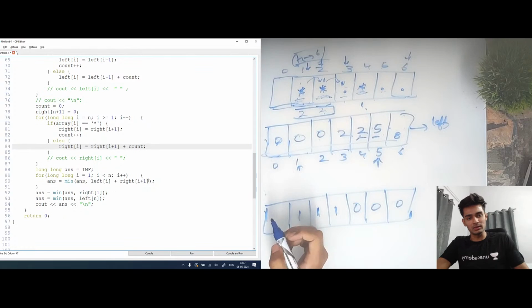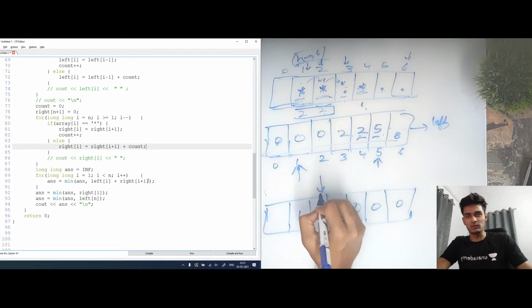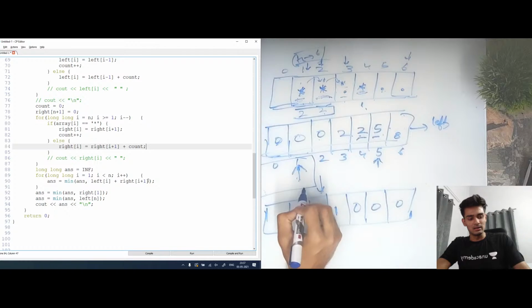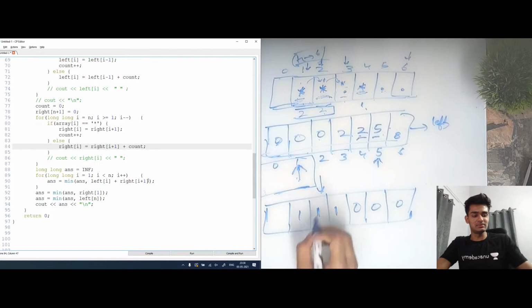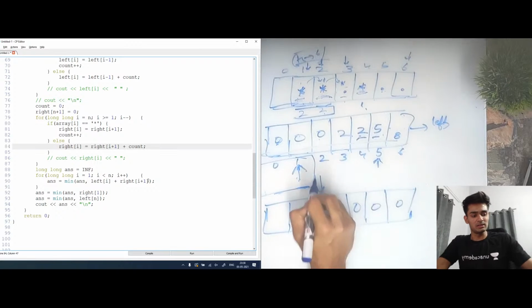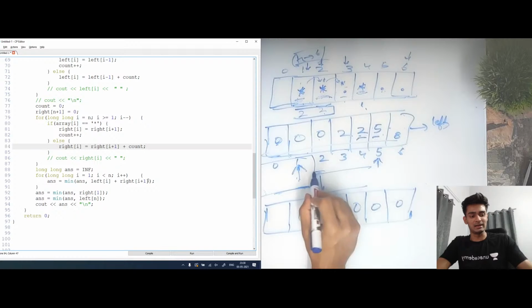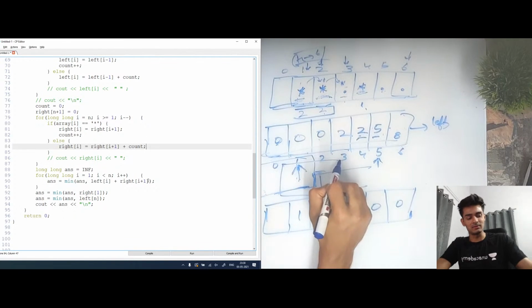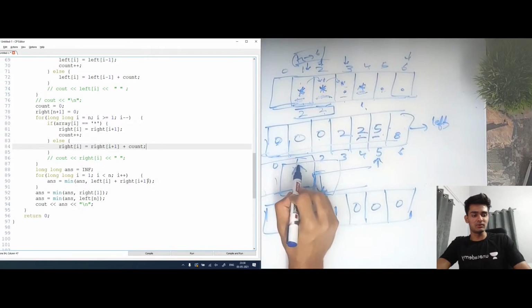The reason why I'm doing this: if I take left of i and right of i plus 1, what this tells is that I'm having all the sheep which were in the left direction from this index stored consecutively at this index, and all the sheep that were in the right direction from this index, I'm storing all of them consecutively from this index. So what this tells us is I'll actually have a complete consecutive segment of sheep. This is how I'm iterating from i equals 1 till n.